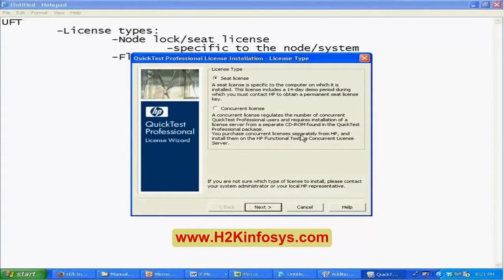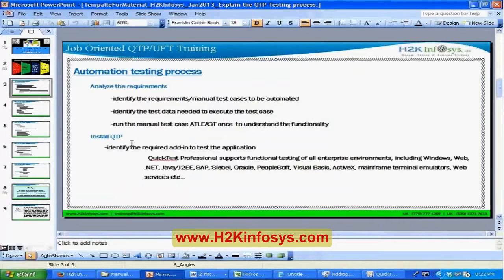Okay. So those are the two licensing types that will be used. Once you install this QTP, you're going to select that install, and you select the license at the end of the installation. So installation has two steps. First, you need to identify the required add-ins with the help of the development team. And the second step is, if you don't have information on what license you're using, either you can talk to,